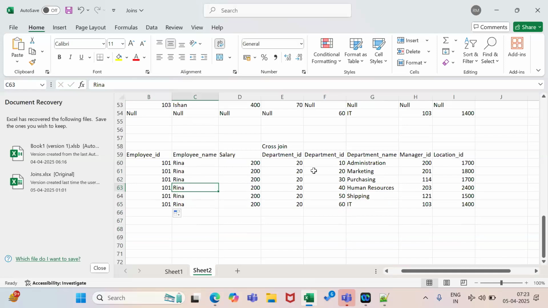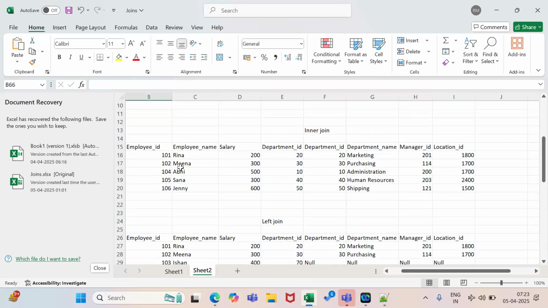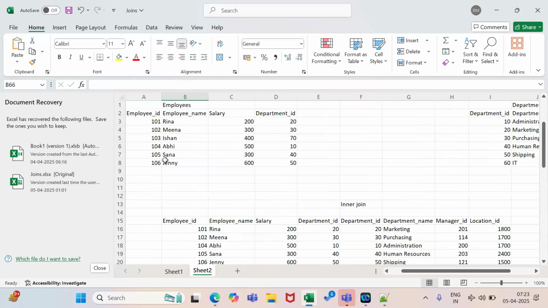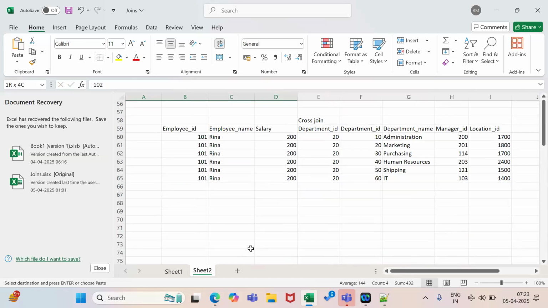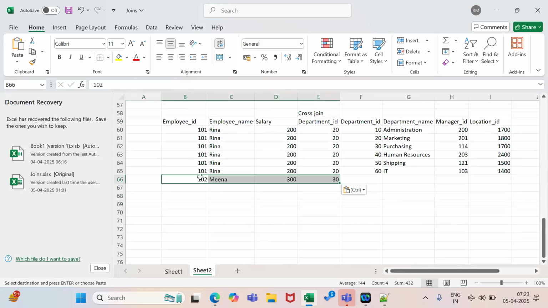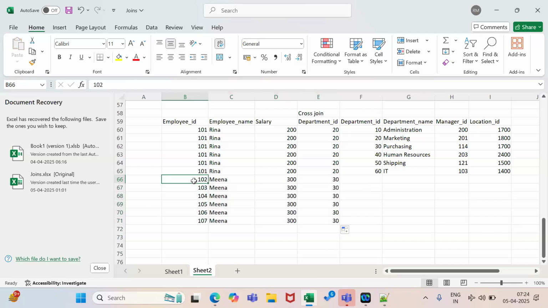So this is how it will appear. Okay, now again for another data, another row. Okay, again you can put it. Okay, and this one you can again copy.